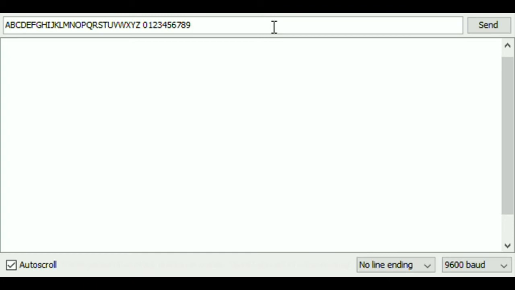I just need to send this data by pressing enter to my Arduino board. This data will act as serial data for my Arduino. It will take all this data and display it on my shield. So here it goes.